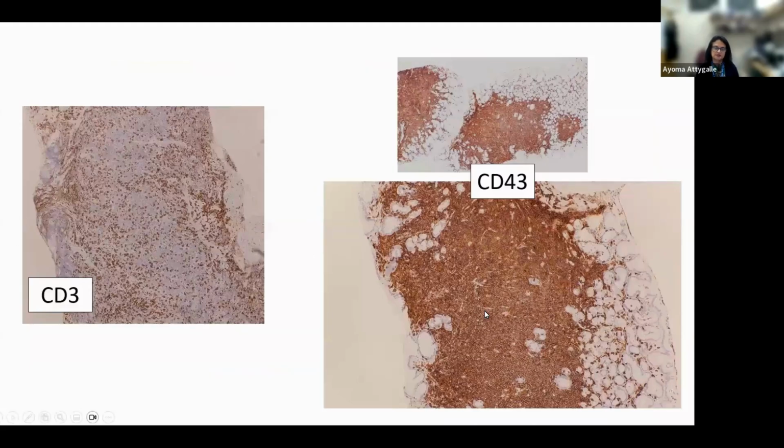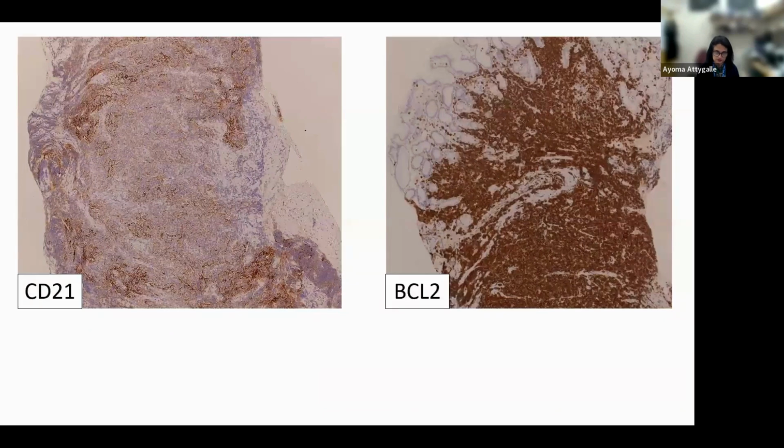So comparing the CD3 with the CD43, this is expressing CD43. Not all MALT lymphomas will express CD43, just to say. And on the CD21, this is something that you tend to see, and this is something which has given rise to this nodularity. So when it colonizes these follicles and sometimes overruns it, there is this disruption and expansion of